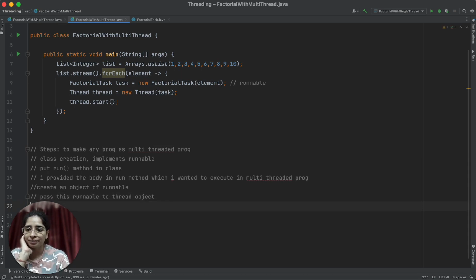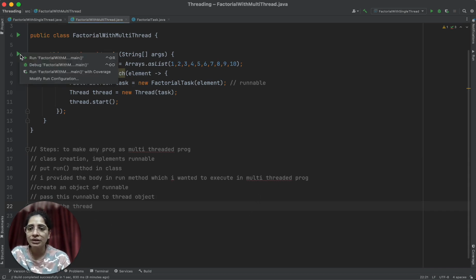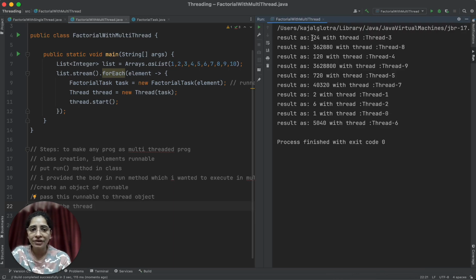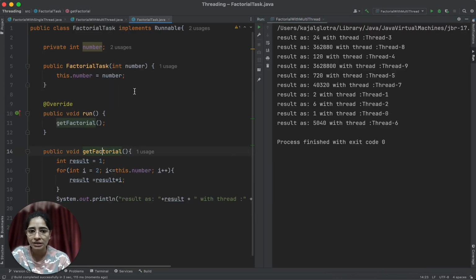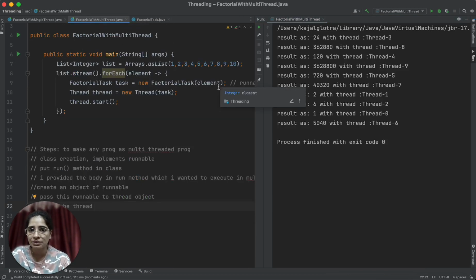I pass this runnable to the thread object, and then I just have to start the thread. Now I'll try to run this one more time. This factorial method which is present inside my factorial task is now getting executed with multiple threads. So that means that this is a multi-threaded program.